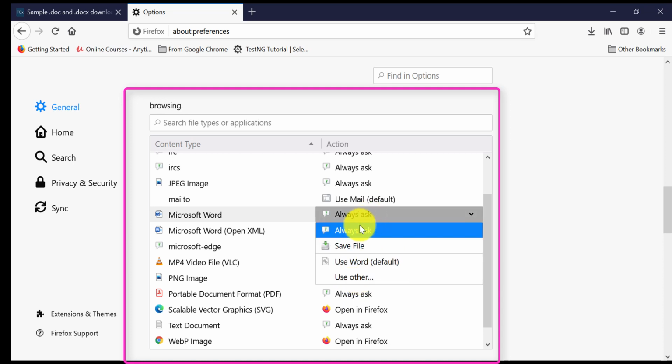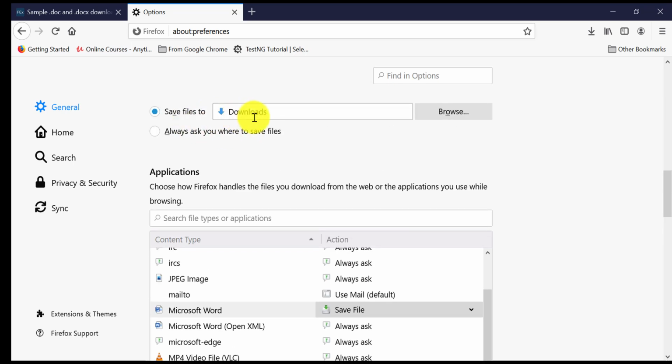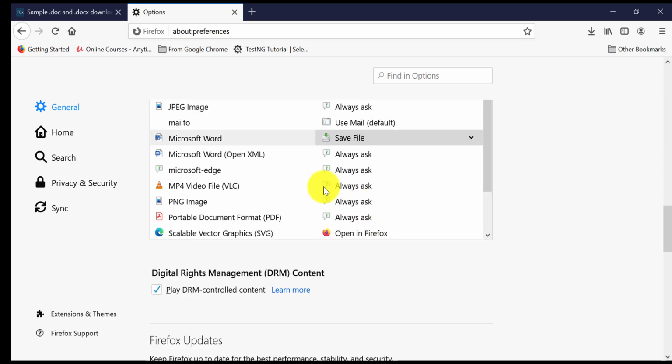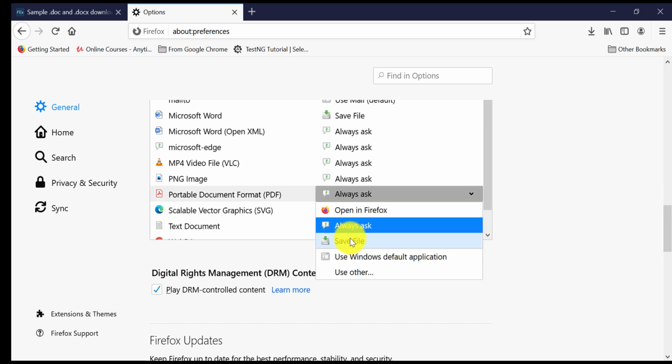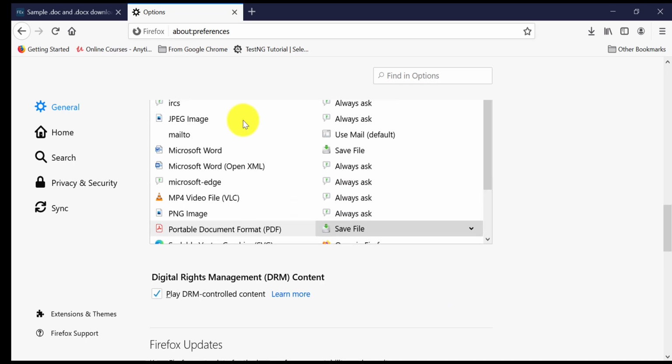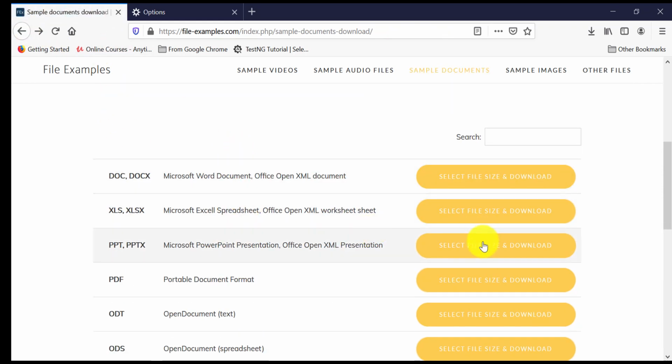Manually you can change it to save file, and the file will go to downloads directly. For every type, like MP4, PNG or PDF, if you set it to save file, it will not ask you that Windows pop-up. Let us try. As you can see, the file got downloaded, and the same for PDF. This you can do manually.